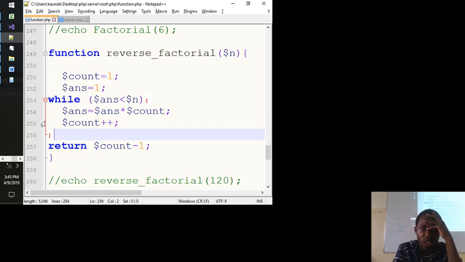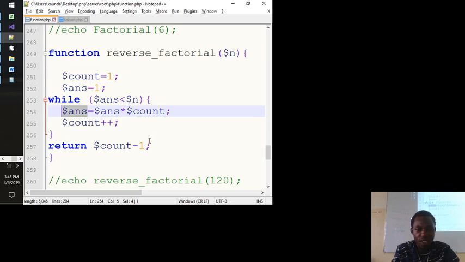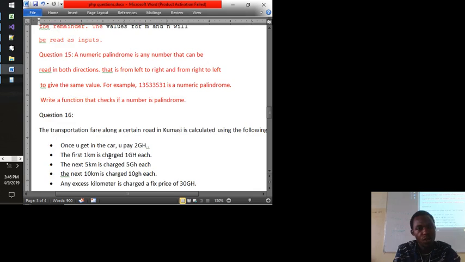You know, whilst doing the loop, we are storing it here. So when everything is okay, this should give the same amount, the same figure as this factorial. This answer here, it should give you the same value as if you do the factorial of this number. So let's see something. If we echo this one,